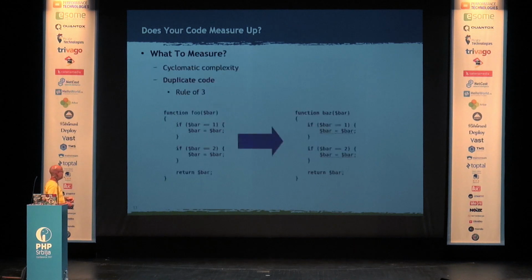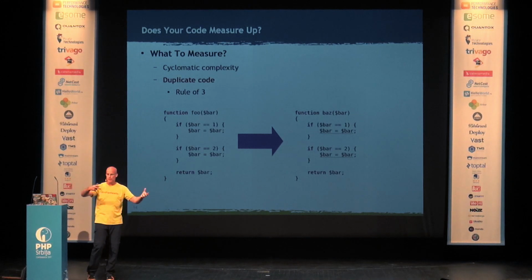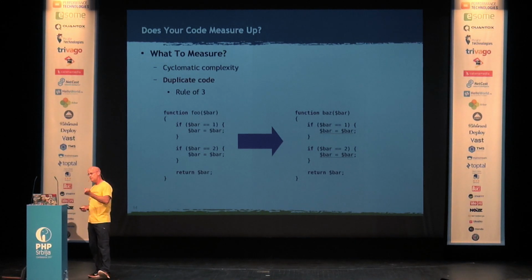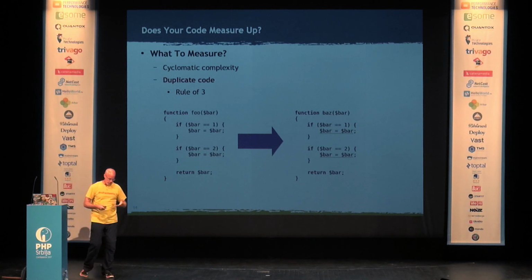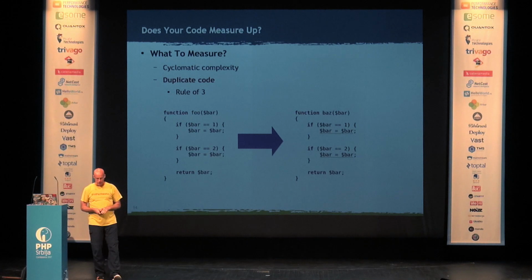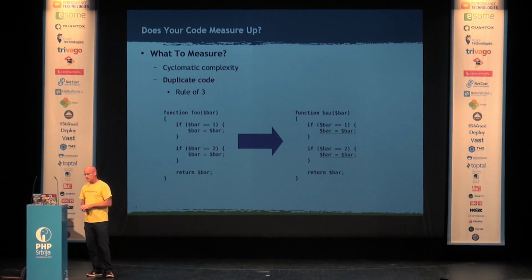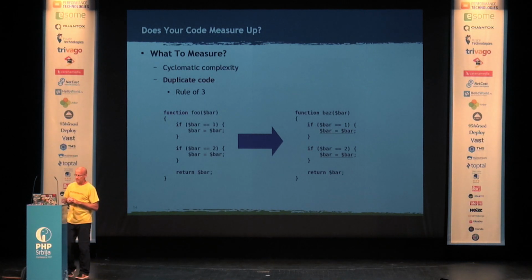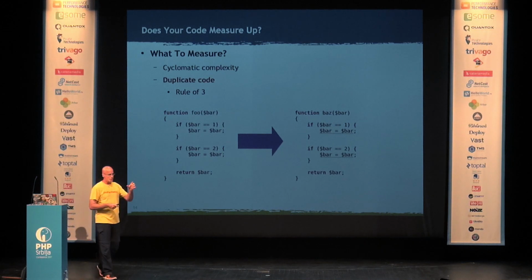Another thing we want to measure is duplicate code. This is where code was copied from one place and pasted into another, a direct clone, right? We want to keep that minimal. There's a thing out there called the rule of 3. I don't know who actually created it, but I know most of the Martin Fowler and Uncle Bob Martin talk about it, the rule of 3, where basically what it says is if you copy code and paste it